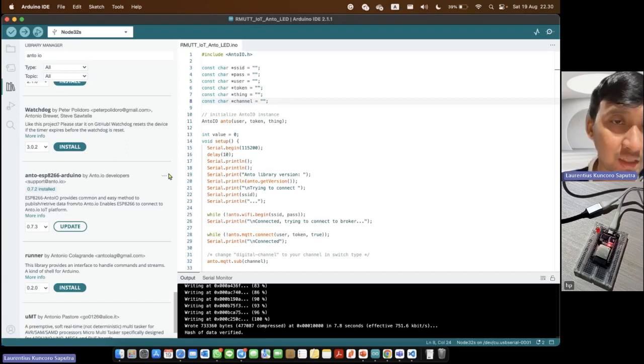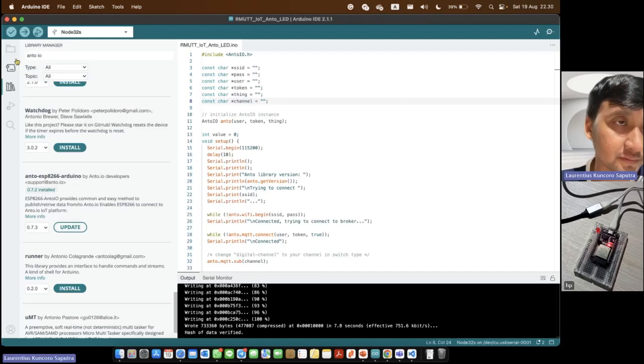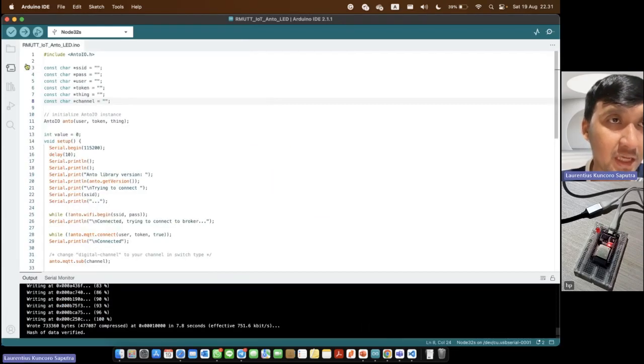You can follow the version for compatibility. This is the important thing that you should consider before you upload the code to the ESP board.